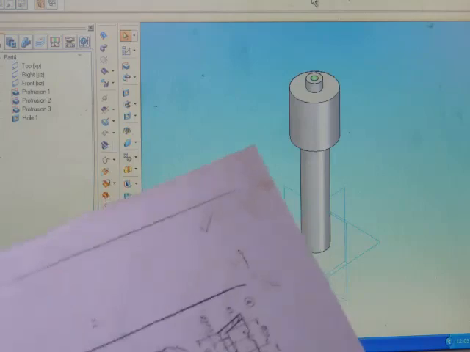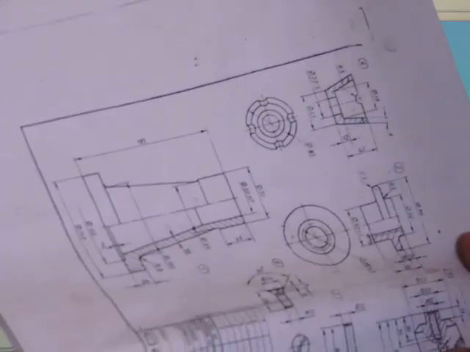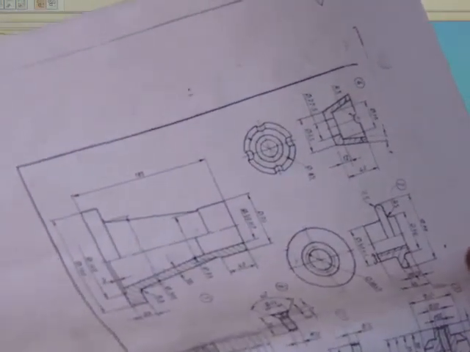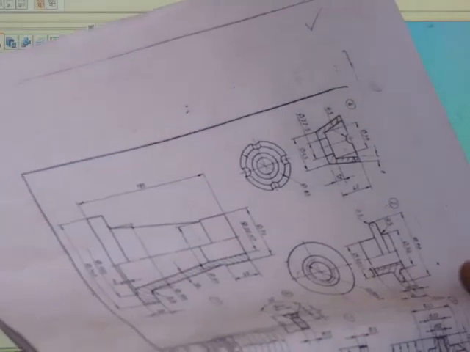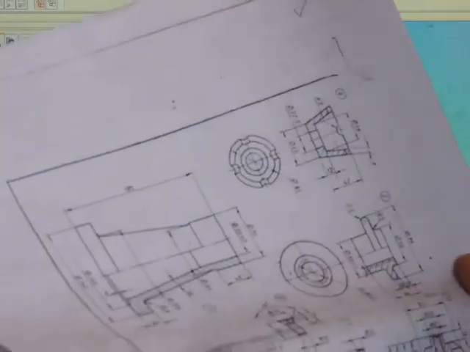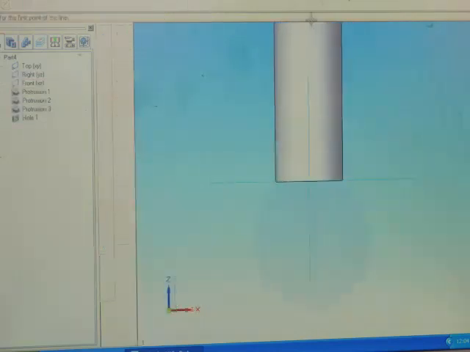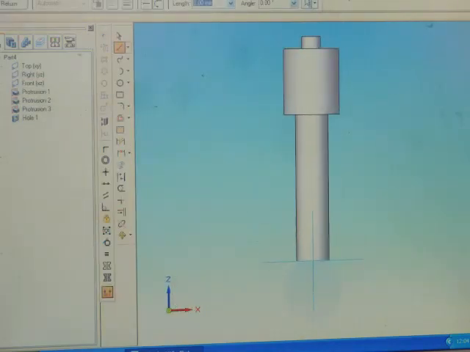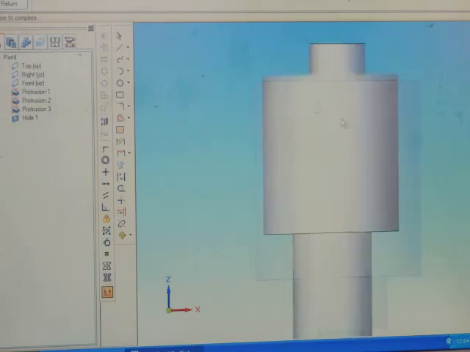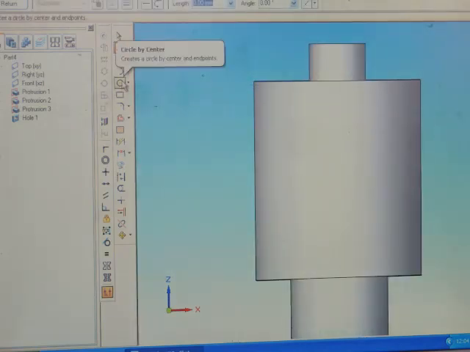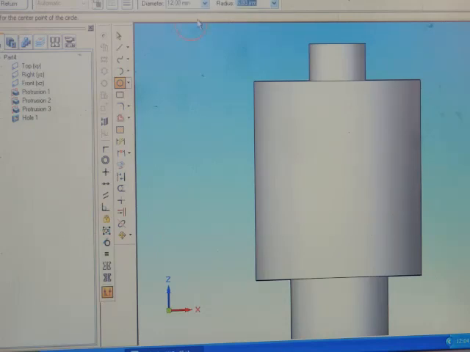Now there is a hole here. There are two sets of holes of diameter 12 mm, placed at 35 distance from the bottom. Go to the cutout command, select the XZ or YZ plane. Go to the circle command. The diameter is 12 mm.